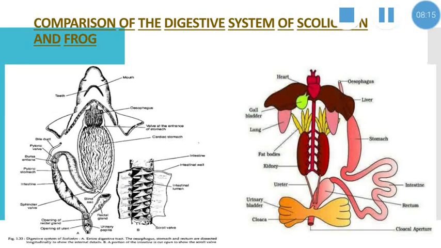stomach. So in Scoliodon, stomach is J-shaped. It is divided into an anterior wide cardiac stomach and a posterior narrow pyloric stomach. So here there are two parts of the stomach: one is the anterior cardiac stomach and the other is the posterior narrow pyloric stomach. These two parts are separated by a blind sac. The end of the pyloric part has a sac called bursa entiana.